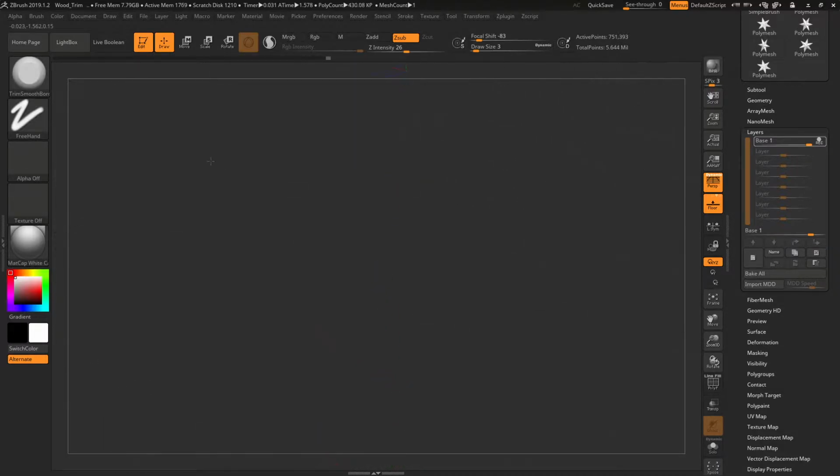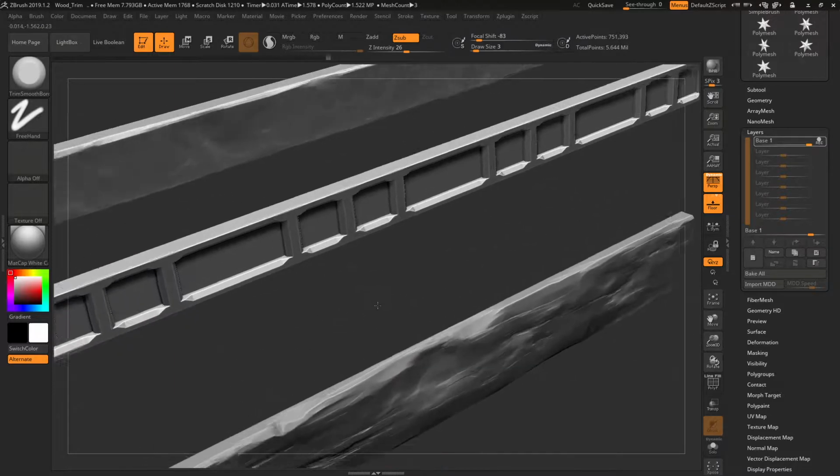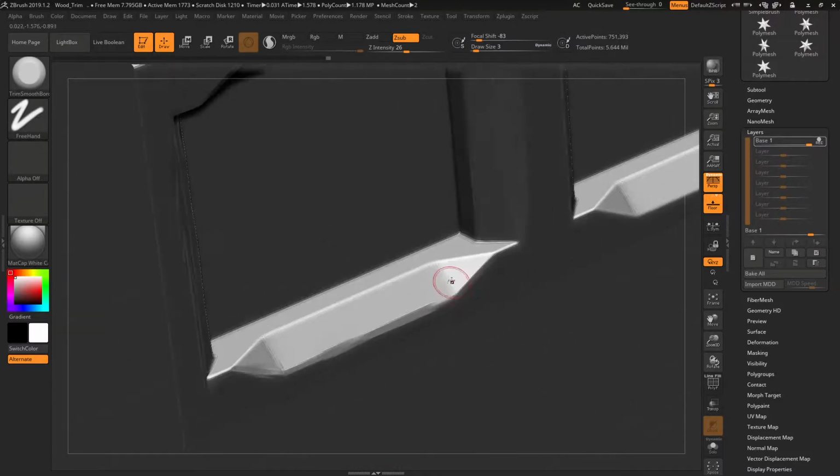Where are we? Yeah, so we're just going to go over all these edges,